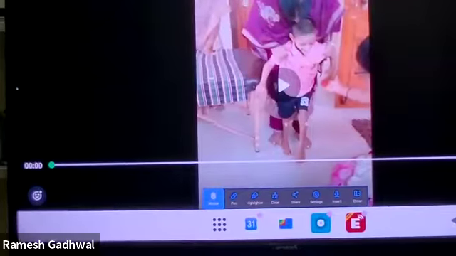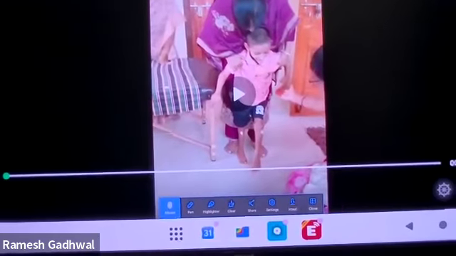Yes sir, both legs have weakness. Spinal cord injury. Yes sir, these children have